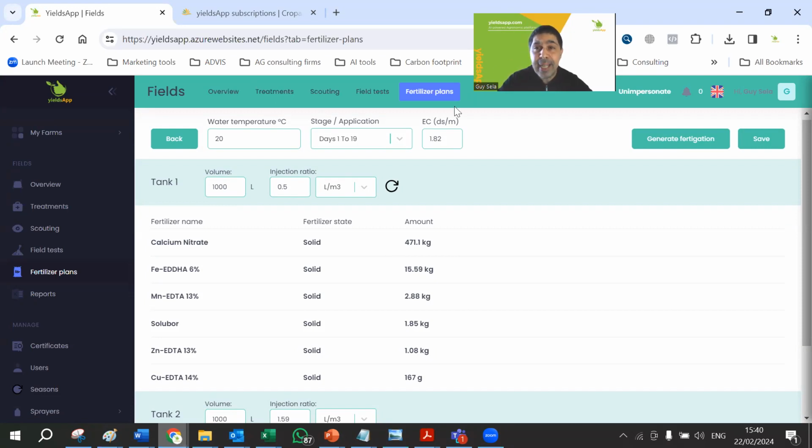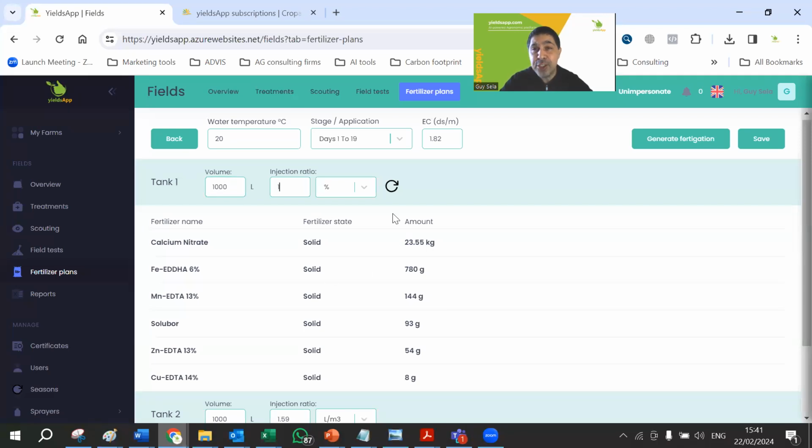For most of you, this will sound a lot. Now, what's the reason for that? The reason is that the solubility of calcium nitrate is high, all right? So basically, what I want to do here is it gives us default injection ratio and tank volume, but we can and should adjust this because these are system parameters. So injection ratio, let's make it in percentages for you to be easier for you. Let's assume 1%. If I inject 1%, right, from a 1,000 liter tank,